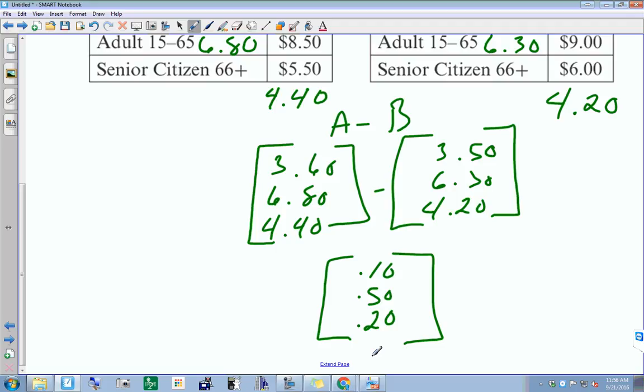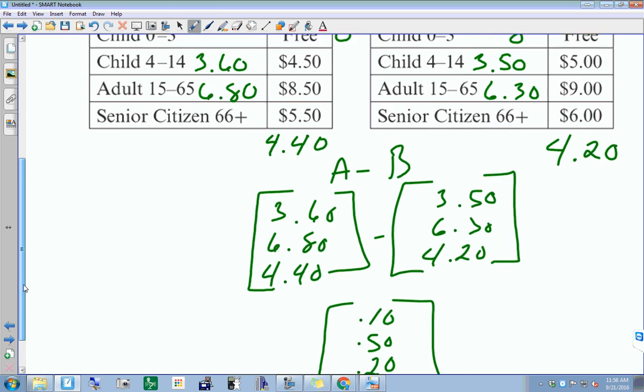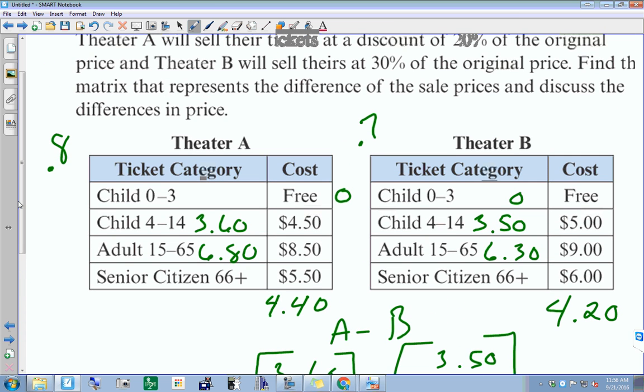Theater A or Theater B? Theater B, because A is 10 cents more expensive, 50 cents more expensive, and 20 cents more expensive. So it is kind of an easier way to write it out rather than to have numbers just floating around in different places. It just helps you identify where to put